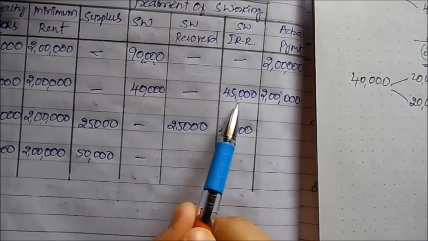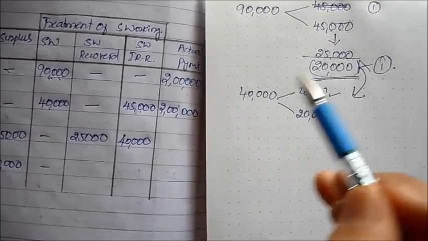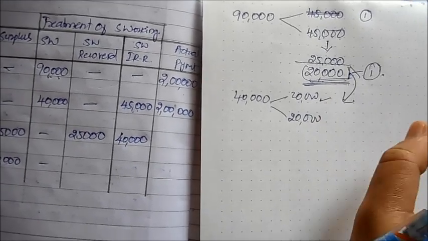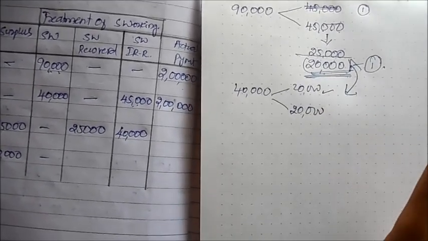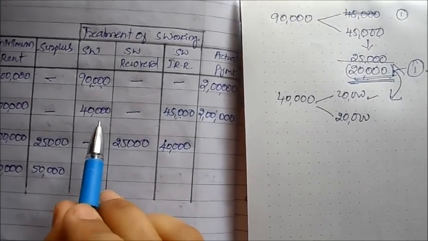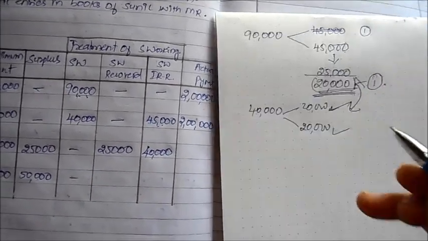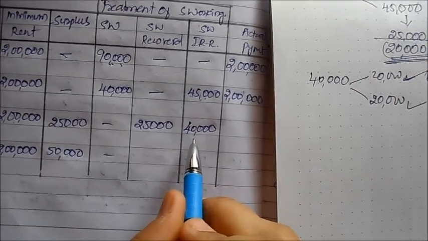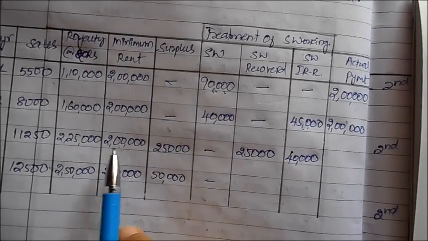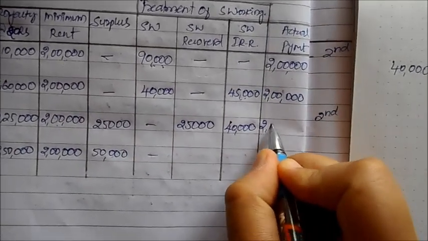From the total irrecovered amount, half of this I will be capable of recovering, 25,000. Whatever is remaining will become my loss. I cannot take it any further. It is gone. I will never be capable of taking it back from any surplus in the future. Next, we also have to consider this value. So 50% of the old, 50% of the new, together it will become 40 unrecoverable. Now how much payment do I actually make? It will be towards minimum rent, because the extra surplus I have taken back and not given, so it will be 2 lakhs only.